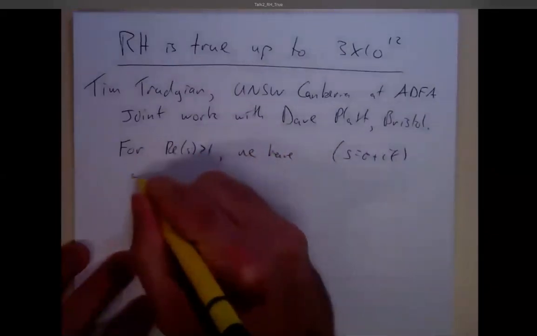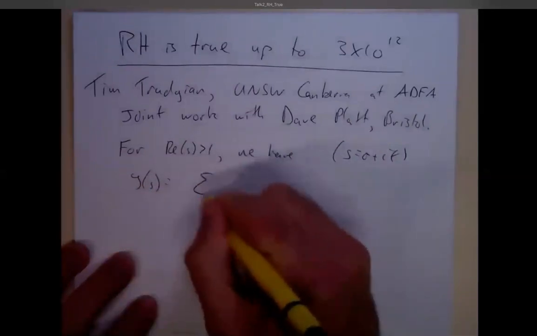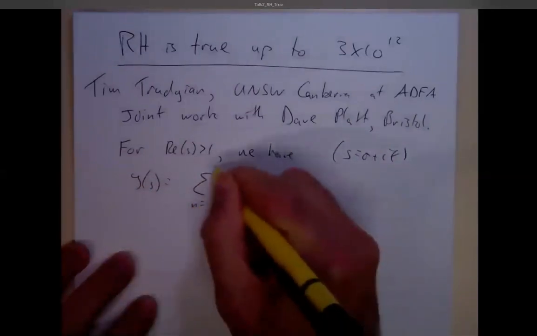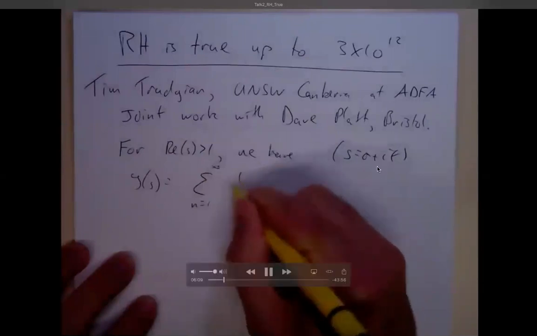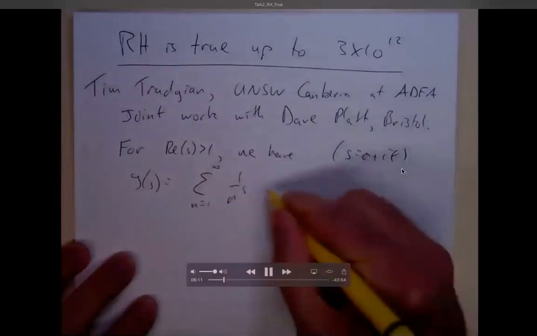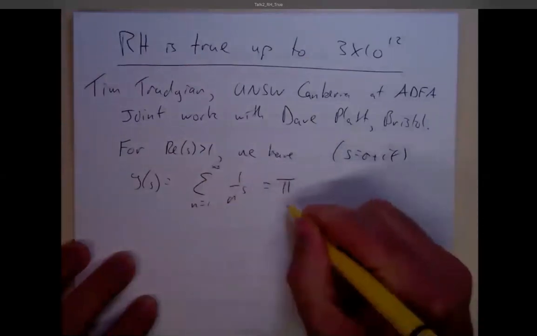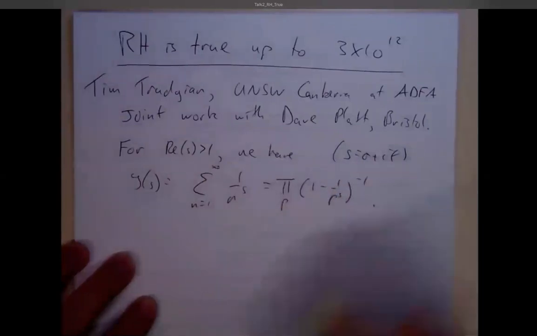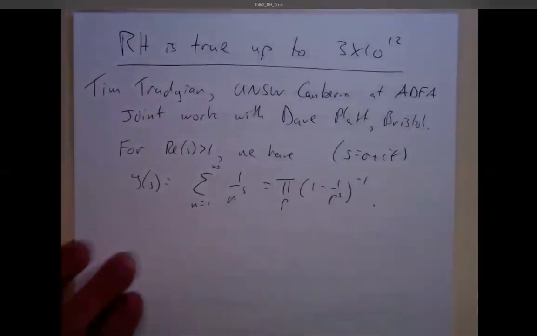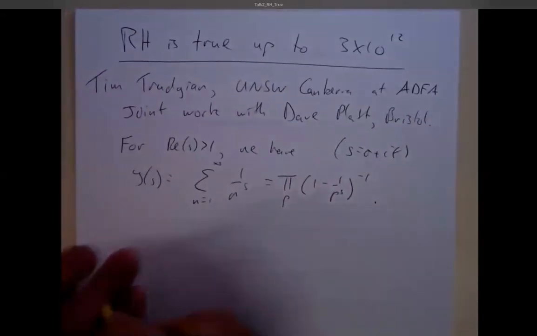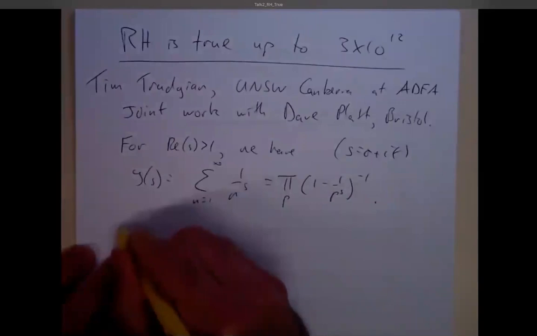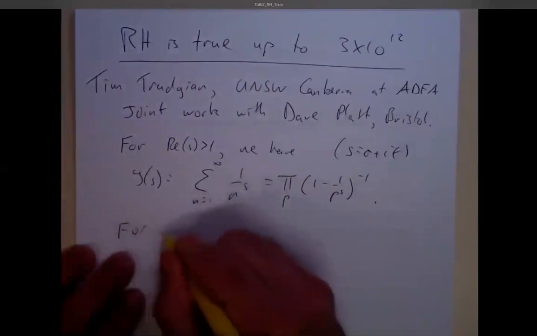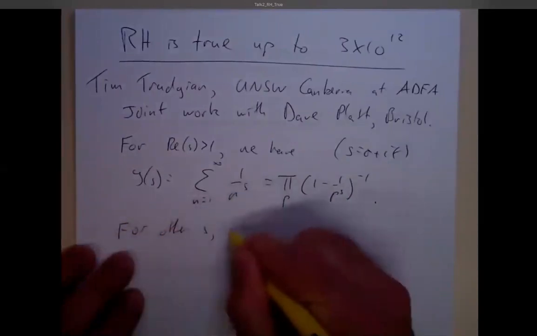So, this is the same definition you see in every textbook everywhere in the world. For the real part of s bigger than 1, where s is some complex variable, sigma plus it, I define the zeta function by this Dirichlet series. I can also define it as this infinite product, the Euler product. And why can I do that? Well, if I expand everything and I'm not too worried about convergence, every term on the left appears on the right because of the fundamental theorem of arithmetic. Okay, so we've all seen that before.